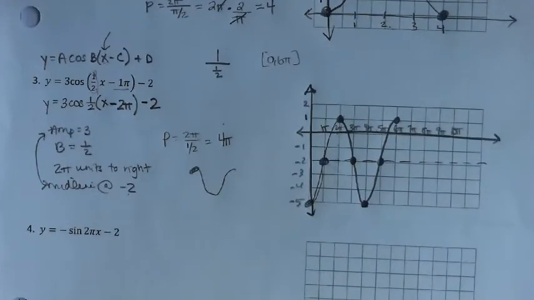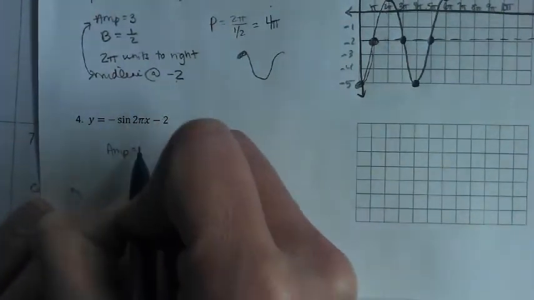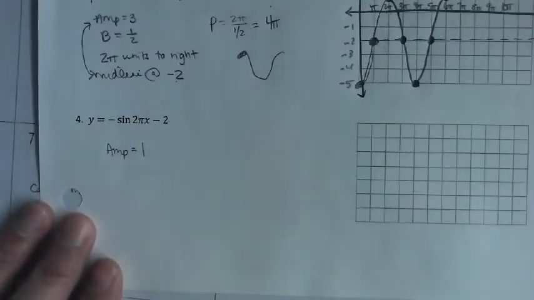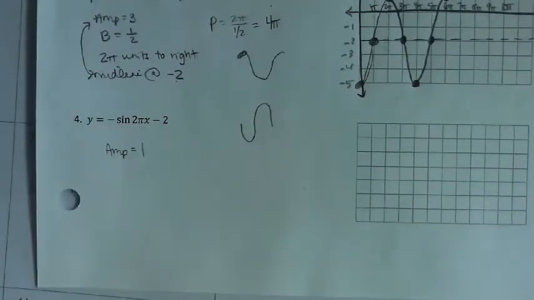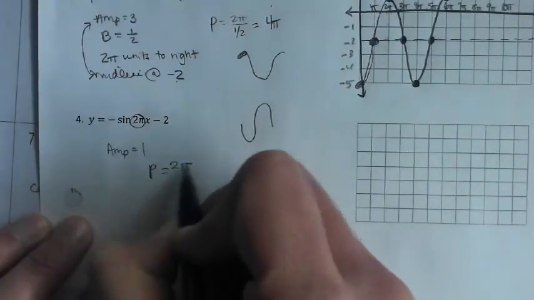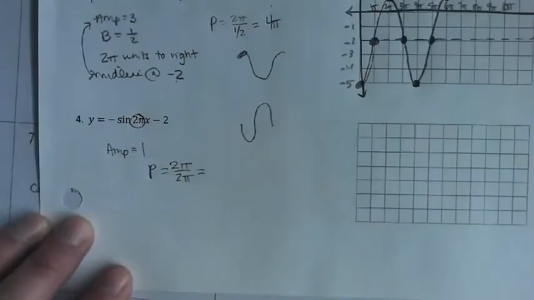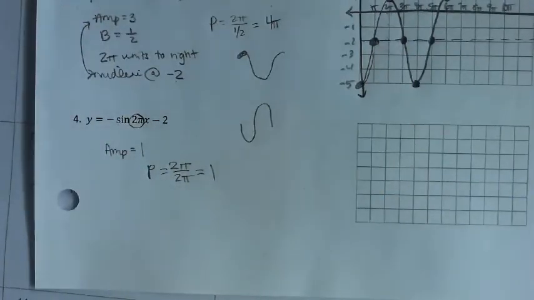We're obviously not going to have time to do number 4, but very quickly, what's our amplitude? 1. Amplitude's always positive, but when we do graph it, it will be a negative sine curve. The B, is there a phase shift? No. The B value is 2 pi, so our period is 2 pi over 2 pi. What's that? 1. That's interesting, because if I have to cut a period of 1 into 4 parts, I should be counting by